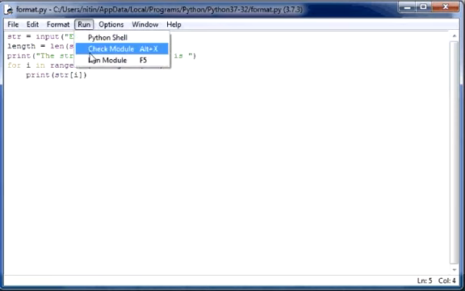Now move to the next program. The next program is to print the pattern of hash in a right angle triangle shape. For this, take a variable str for storing the character hash.